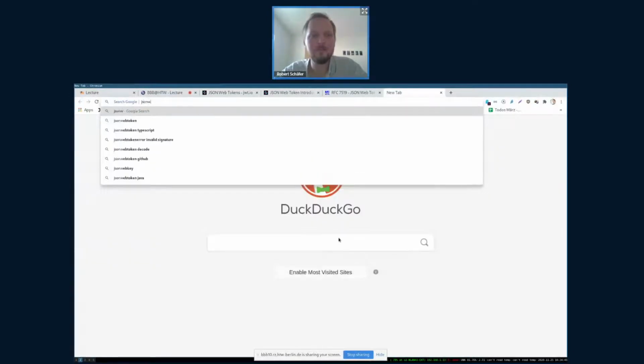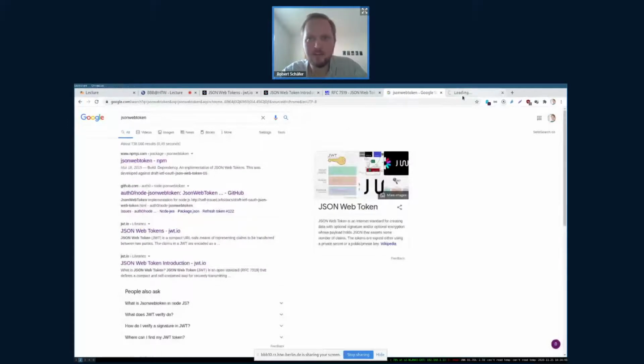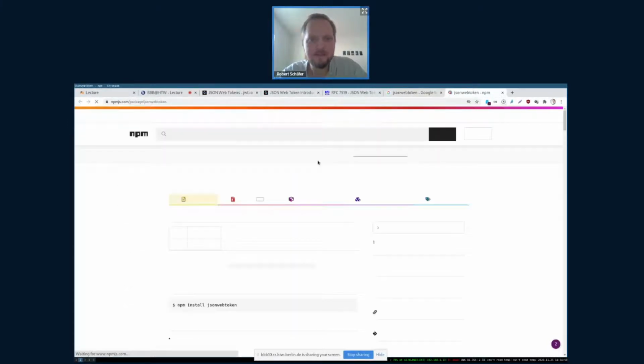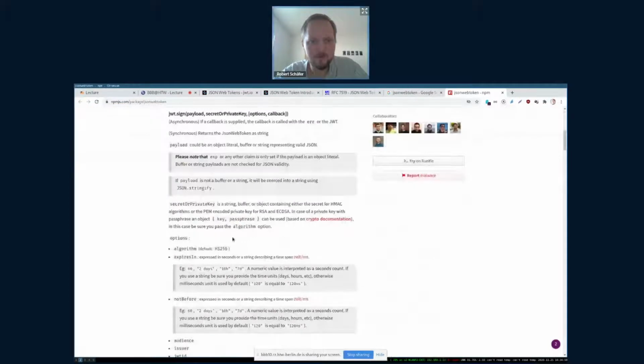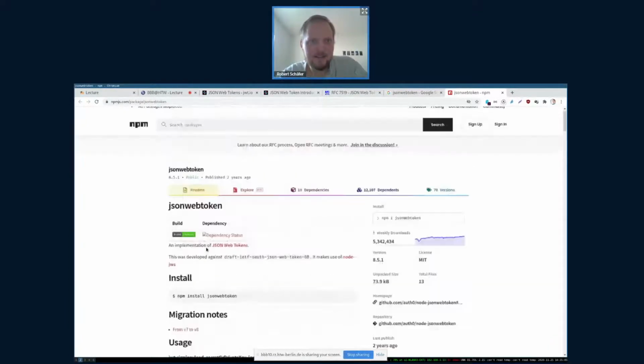JSON Web Token, which is a library for Node.js, and apparently they're using the same algorithm by default. There we go, default algorithm. You can change that, and then you would have to debug it on this website. You have to change it accordingly, of course. All right, so that's about the JSON Web Token, the data that's being exchanged, and now to how it's used